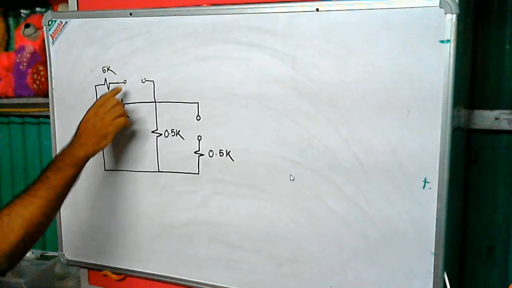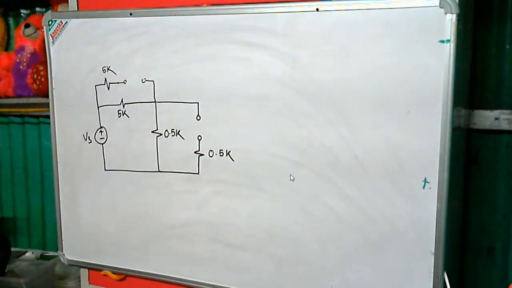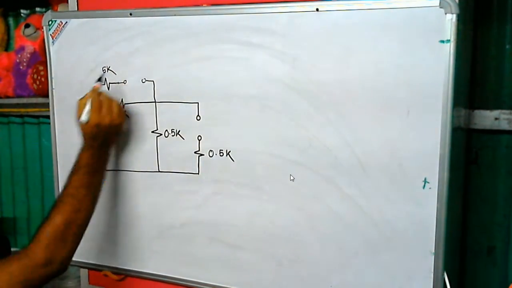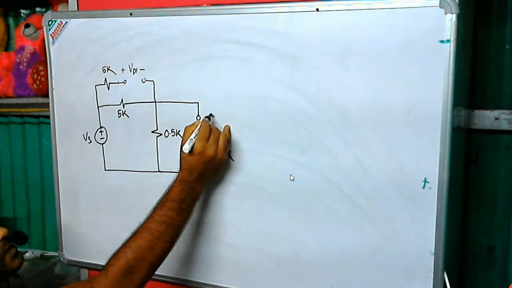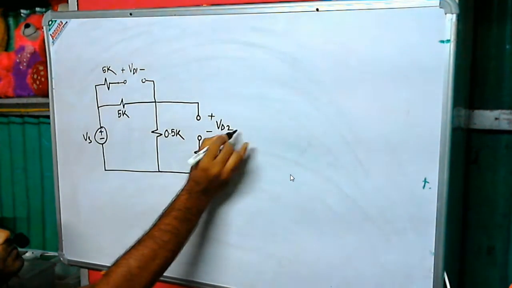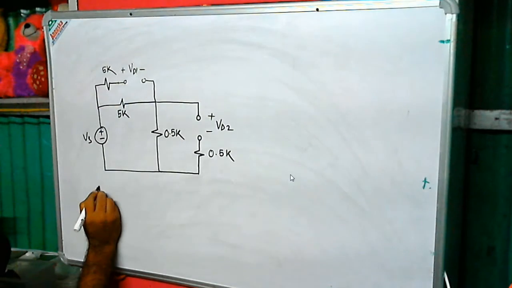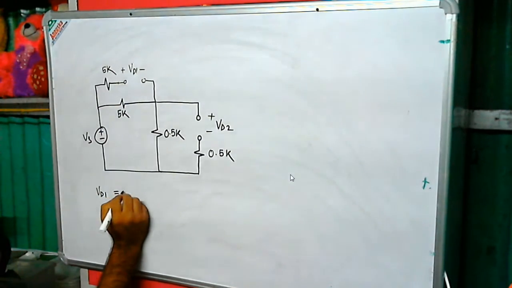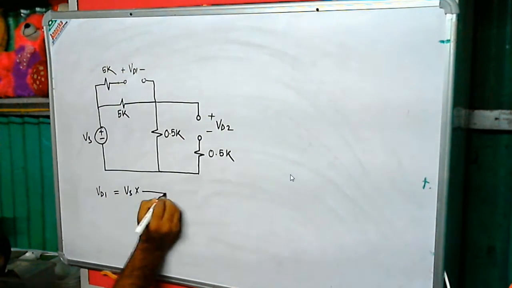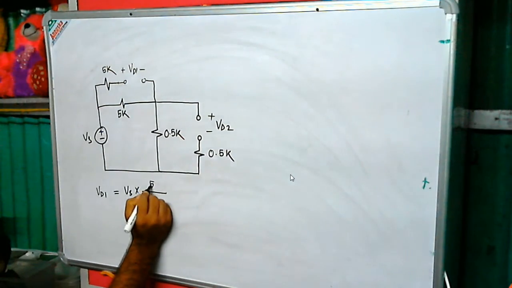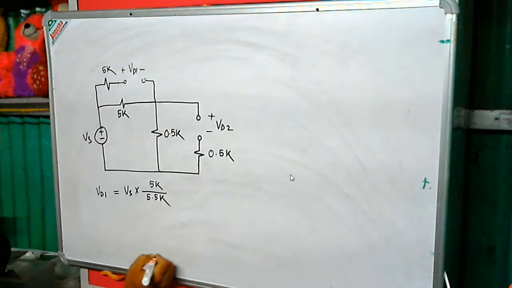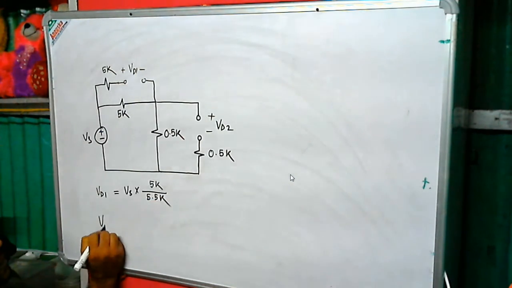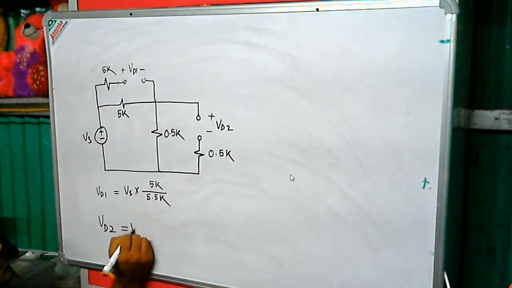So we can measure the open circuit voltage across them. Let us assume this is plus minus VD1 and this is plus minus VD2. So what is VD1? VD1 is basically your Vs into this 5k divided by 5 plus 0.5, meaning 5.5k, and your VD2 is basically Vs into